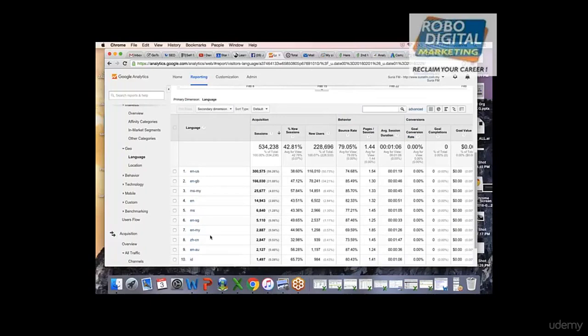There are very few people in the language of Malaysia, MS, around 6000. Most of the people who come to your website are of English language. So globally, for example in India, Hindi is the basic language or the mother tongue, but most of the people speak English only. They search in English and everything happens in English. So our traffic is also ENGB and ENUS only.